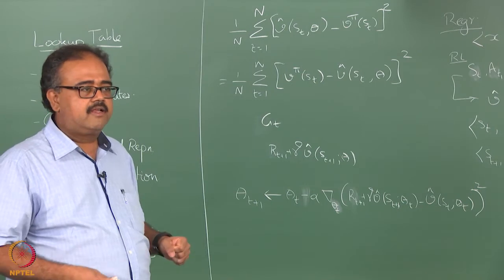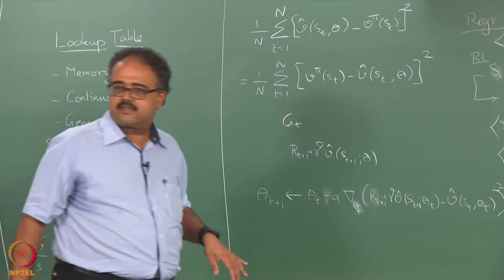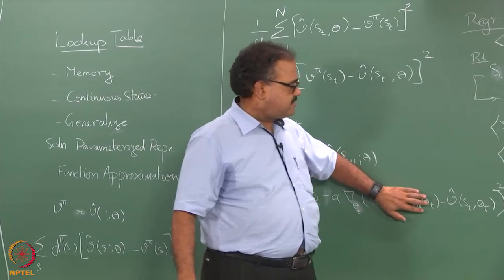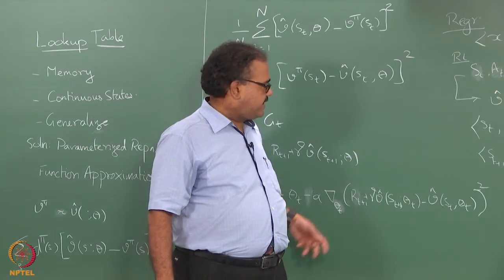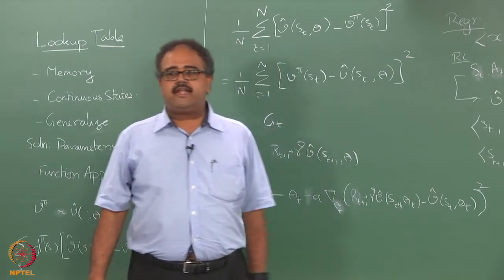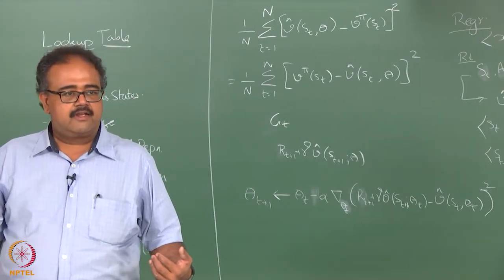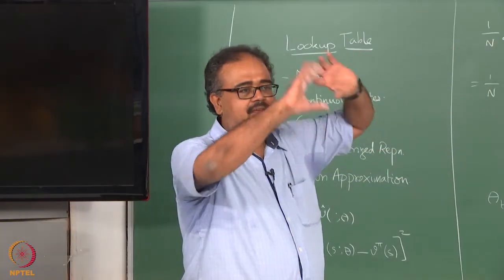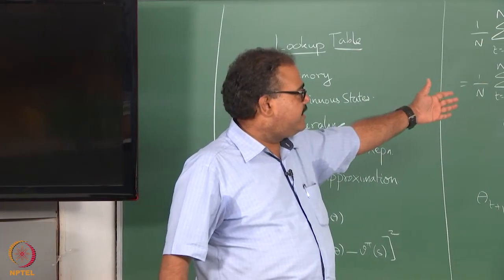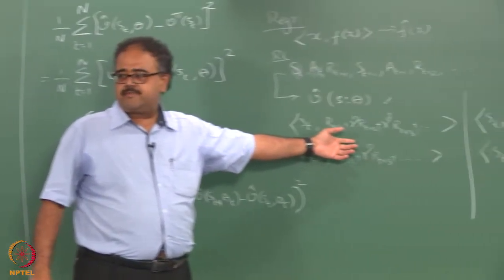So, what will I get? Now, here is a sleight of hand that I am going to do. I am just going to treat this as target minus current estimate, and when I take the gradient I will take the gradient of the current estimate only. I will not take the gradient of the target, assuming the target is coming from somewhere else, right. If the target had been G_t like this, that is a perfectly valid thing to do,